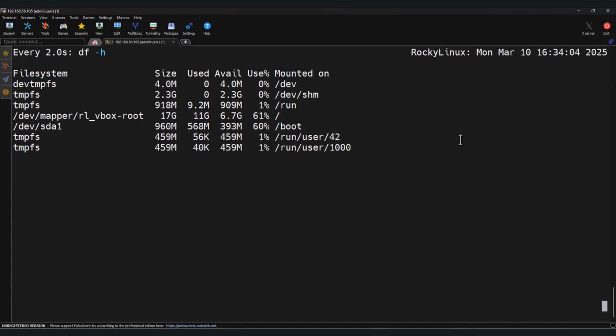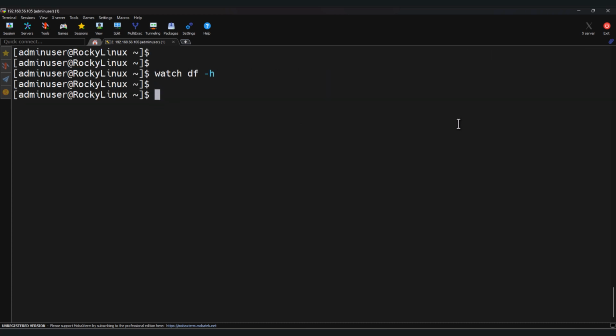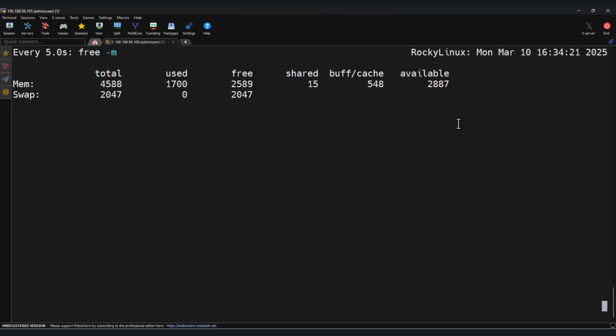Watch df -h does that for you automatically. Let's see another example. The -n option lets you change how frequently the command runs. Watch -n, I will give 5, and I want to check memory. This will check the memory usage every 5 seconds instead of the default 2 seconds. If you are troubleshooting a memory leak, this helps you see real-time monitoring of consumption without overwhelming your system with